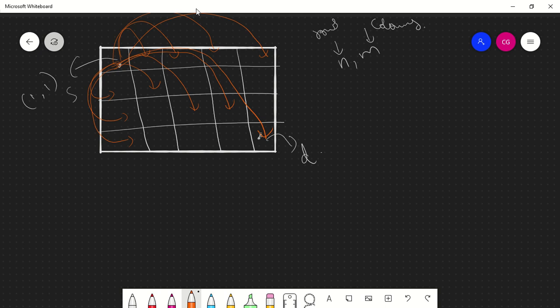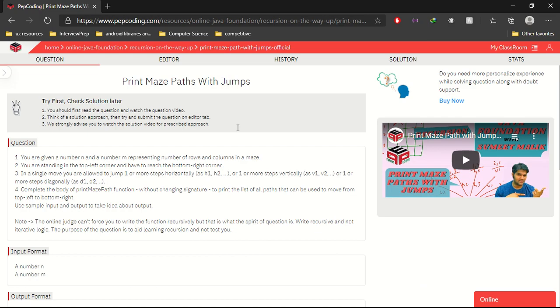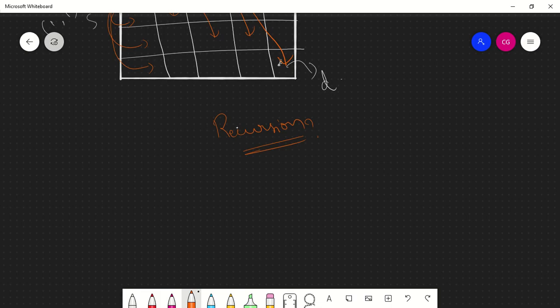Immediately after looking at the question, we can understand this problem can be done by recursion. Why recursion? Not because this is the recursion channel, but because from each point you have a certain number of choices to make. You don't know what each choice will lead to. From that particular choice you again will have a certain number of choices to make.